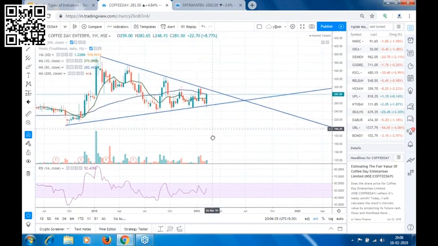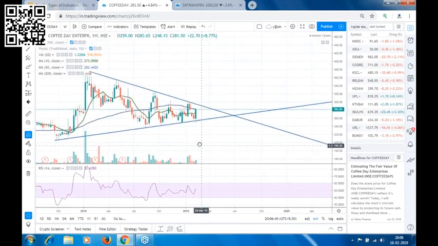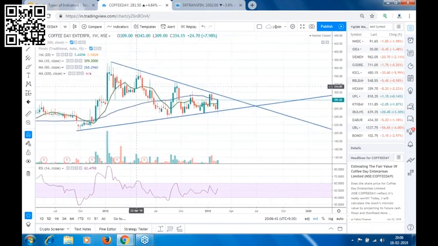Now see, as I told you, you can use trend lines. If I draw a trend line, if I connect this high with this high and extend the line, then see how beautifully the stock is taking resistance from the past so many weeks on the trend line. It is not able to break the trend line in an upward direction. Similarly, if I connect the low with this higher low and extend the line, then see every time the stock is taking a support on this trend line and bouncing back.